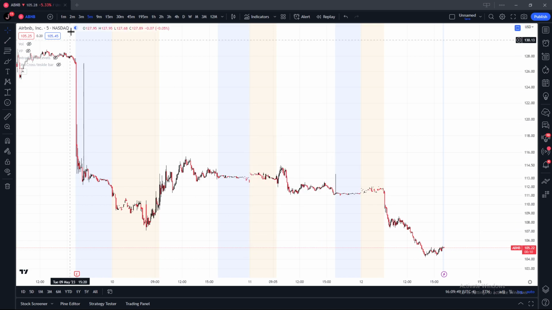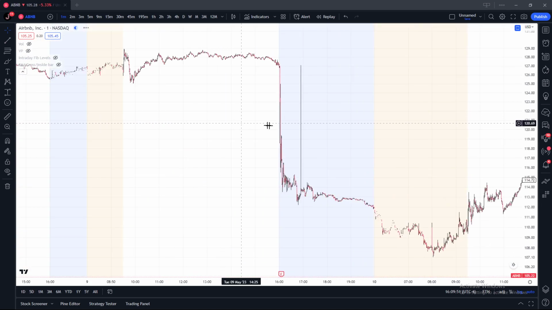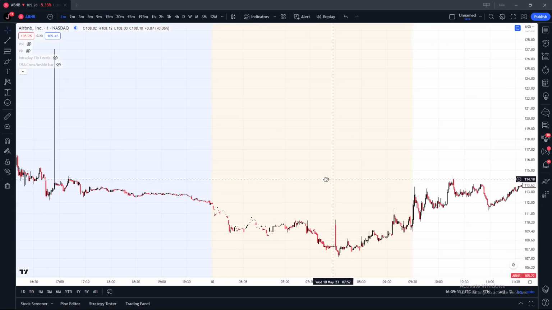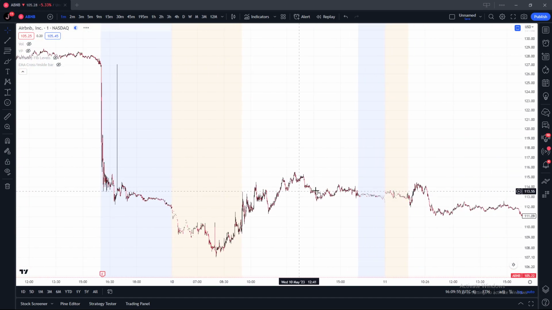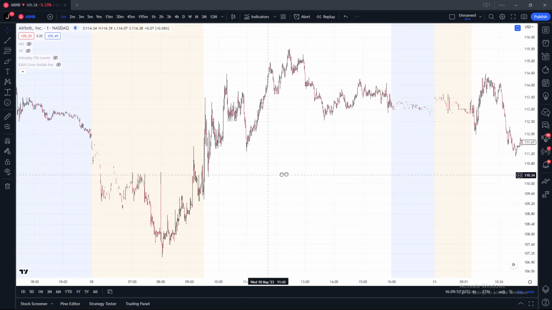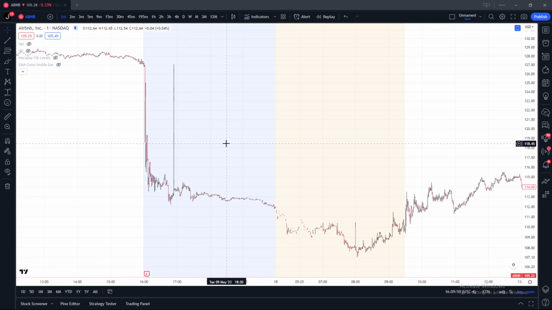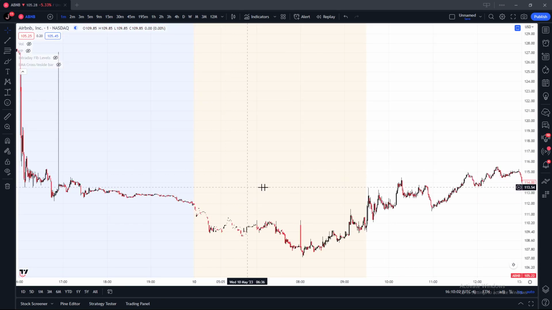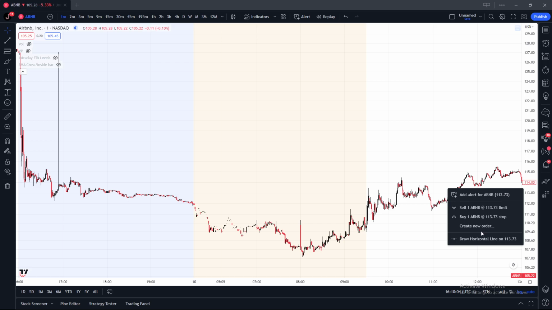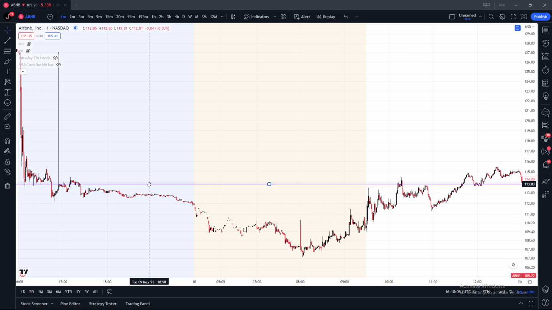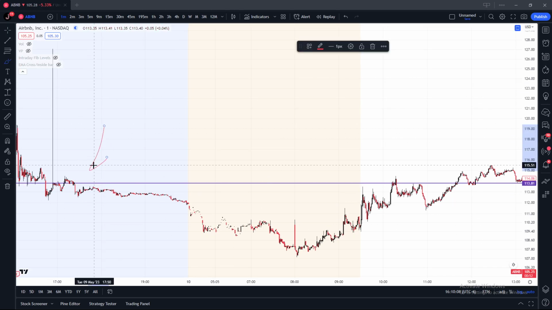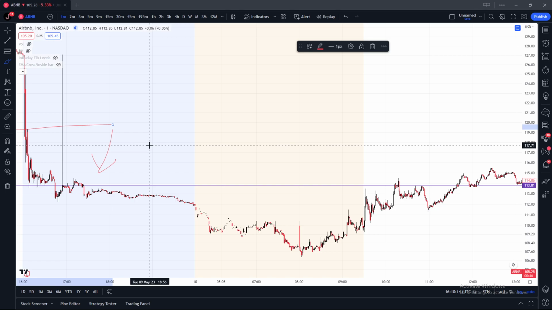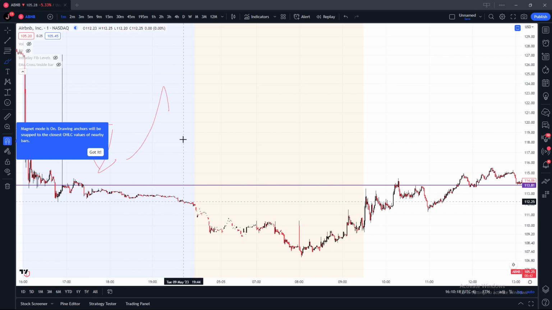So, what we can do with Airbnb is basically move on over, right? We see again our 8 a.m. candle show up on Airbnb. Now, this is a very interesting one, right? Because it's a prior downtrend, and you can see a dark pool print right here on the left, right? So we're going to mark that. So this is us basically saying the opposite of what we just discussed on Meta. This is us saying, hey, we need to get above these two prices in order to have a reversal. Until then, it's a bearish swap, right?